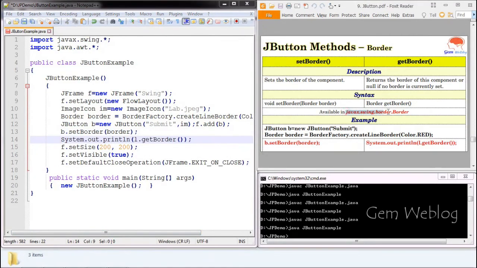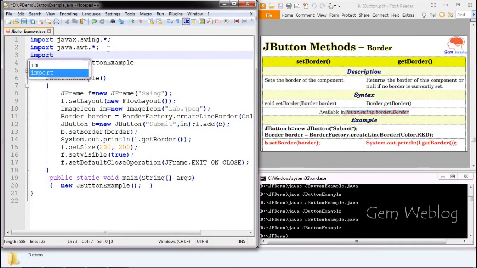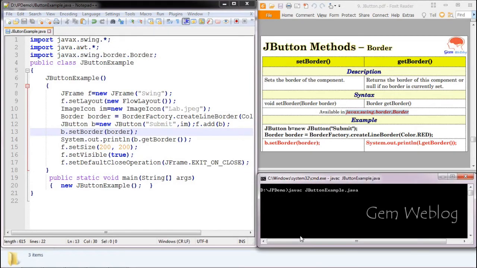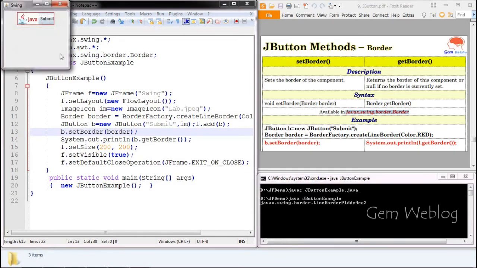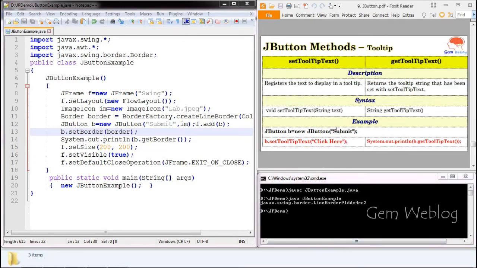Import the javax.swing.border package. Now you can see that the border has been set over the button, and whatever border has been set is extracted and displayed on the console.